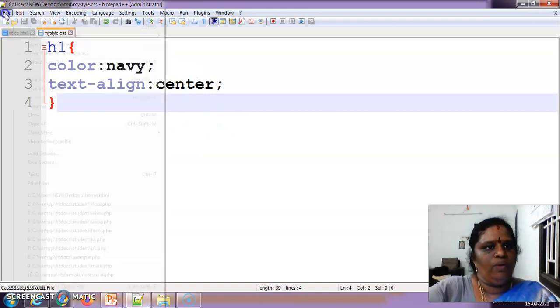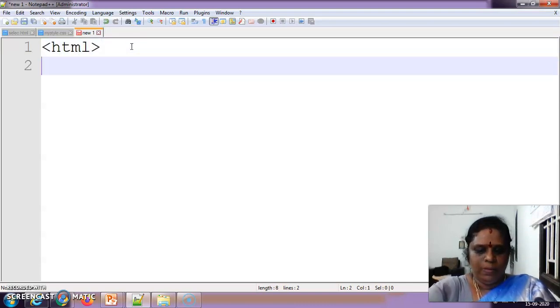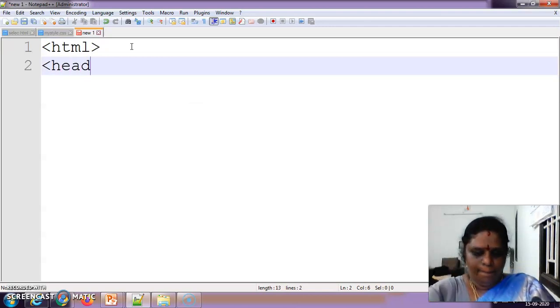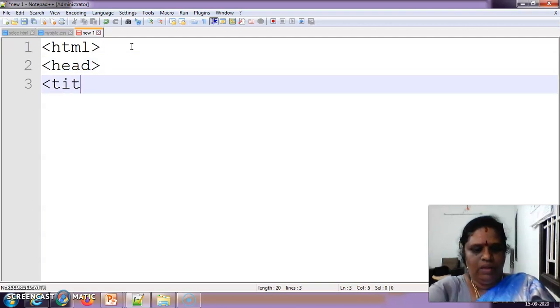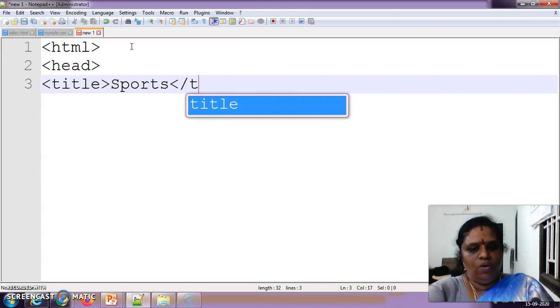Now I'm going to make a new file. In this, I'm going to write an HTML program: HTML, head, title. We can have sports, it's given in the book, right? S-P-O-R-T-S, sports. I am going to close the title.